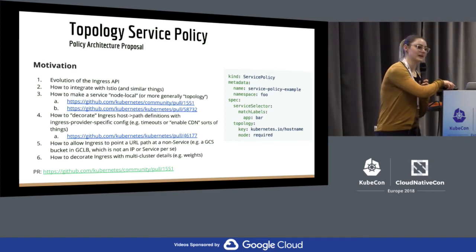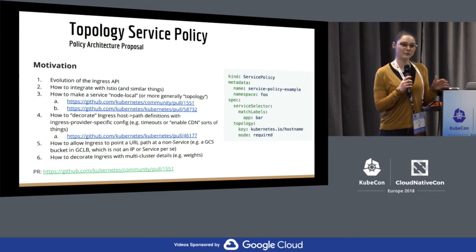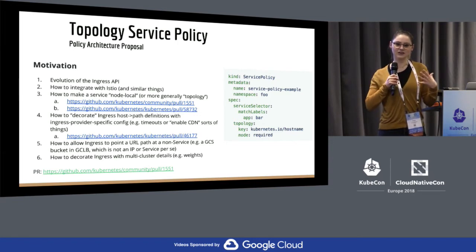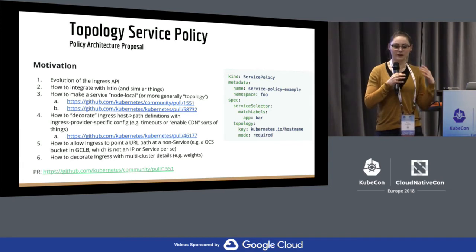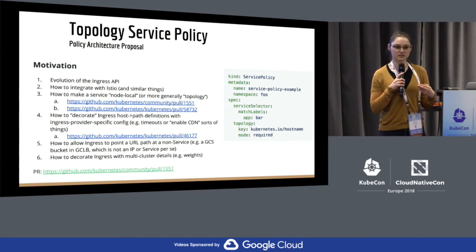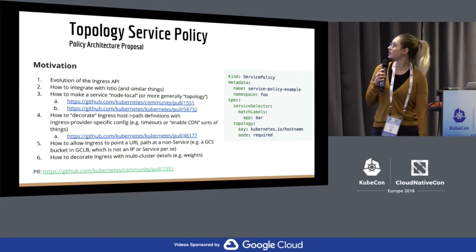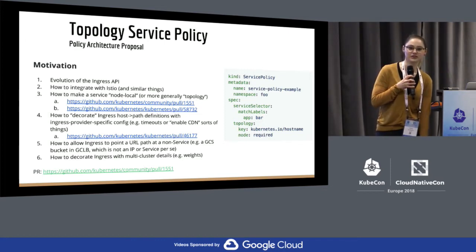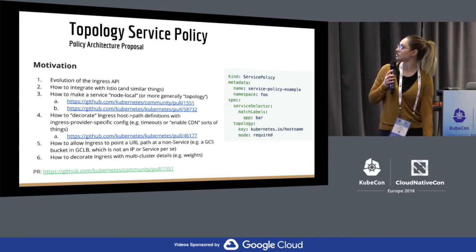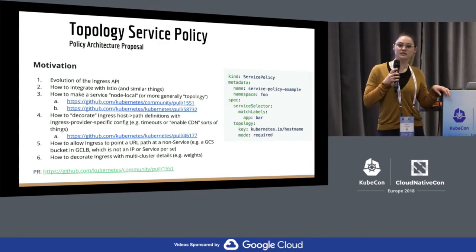This is another one that comes to mind when I think about policy. When you have a place where you need to make a decision about something, the policy is the guidelines for making that decision. So you can see that there are some main points where decisions need to be made in our systems. Scheduling is a very obvious one. Admission control is very obvious, whether you're authorized to do something or not. Another one is who can talk to each other and how can they talk to each other. So a natural next place to think about policy is in our